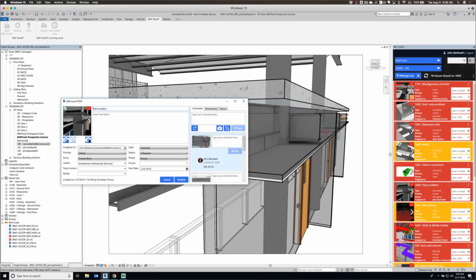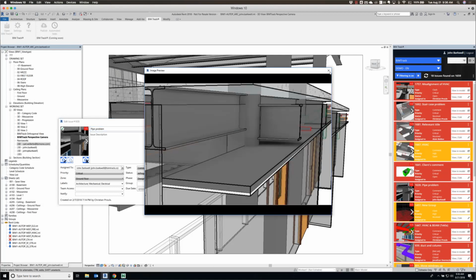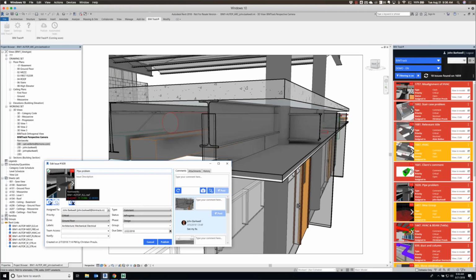So you can see here, this is the issue, and it's BIM Track 1639, the comments that I've made, and you can see here, I can grab a screenshot of the change that I've made. So a very good workflow that our customers will do is they'll say to their design team or consultants, hey guys, when you make a change or a correction to your model of that error that we need to fix,